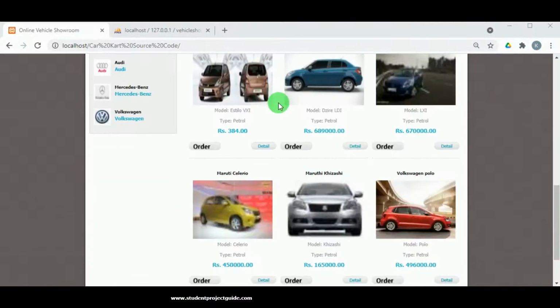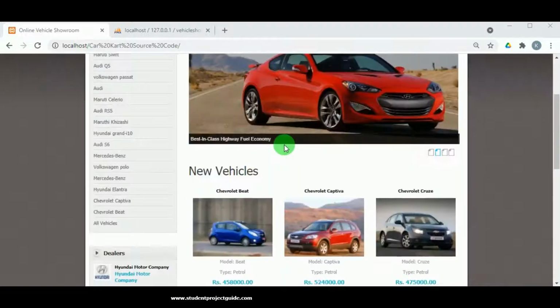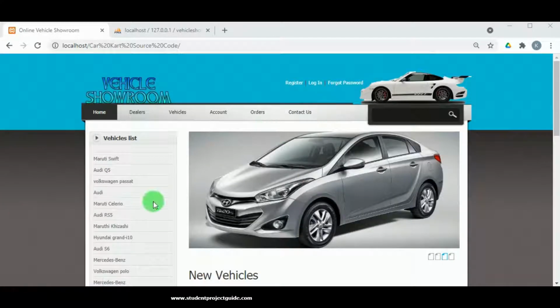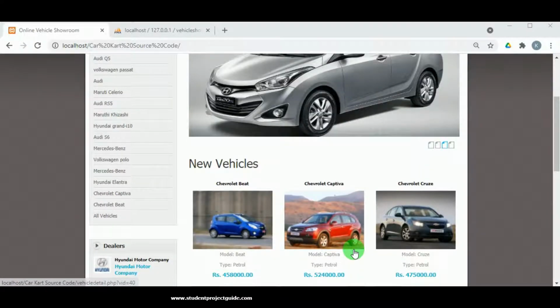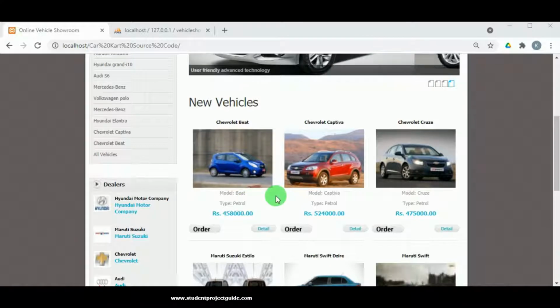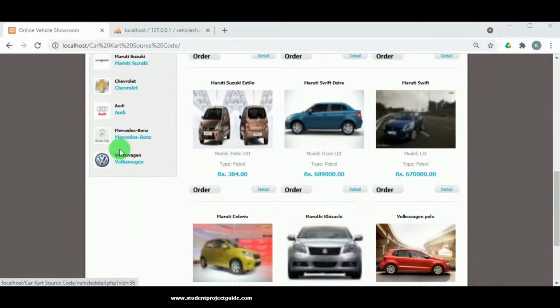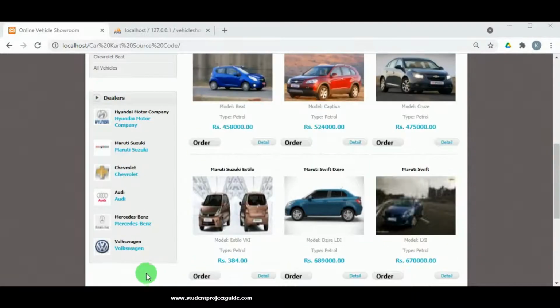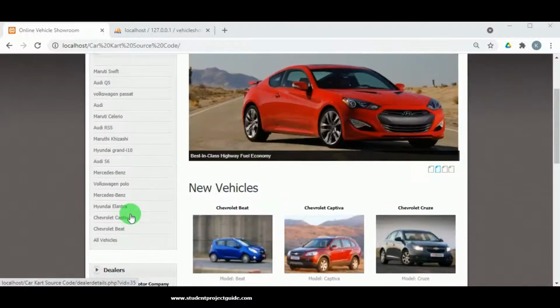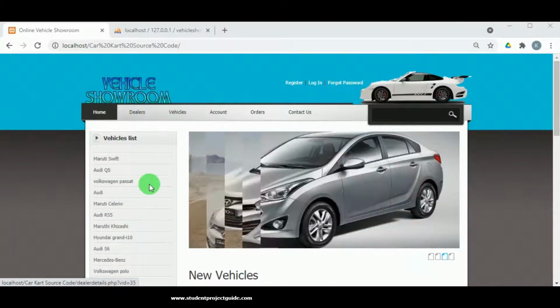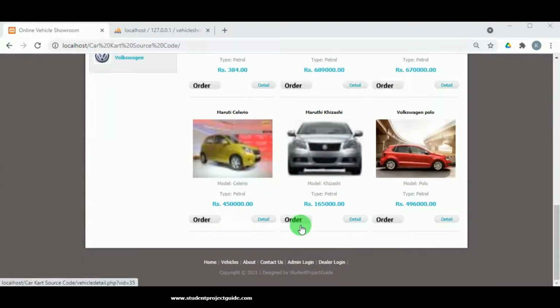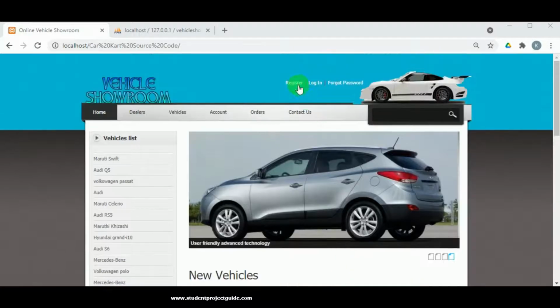Now let us open the browser and refresh the project. And now we can see that this is the vehicle showroom project. So in this, there is admin, dealer as well as the customer. The admin is the one who manages the entire web page. Dealers are the different car dealers who must be added by the admin, and then they have the login IDs through which they can add the different showrooms and they can sell their cars here, and the customers must register and purchase the cars here.